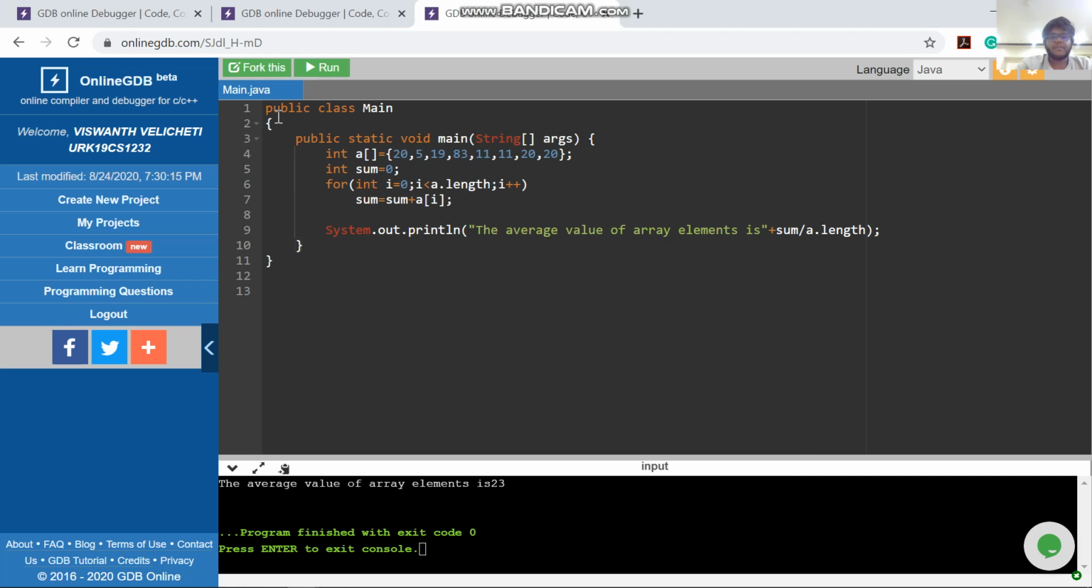Public class Main { public static void main(String[] args) { int a[] = {25, 19, 83, 11, 11, 20, 20}; int sum = 0; for (int i = 0; i < a.length; i++) { sum = sum + a[i]; } System.out.println(